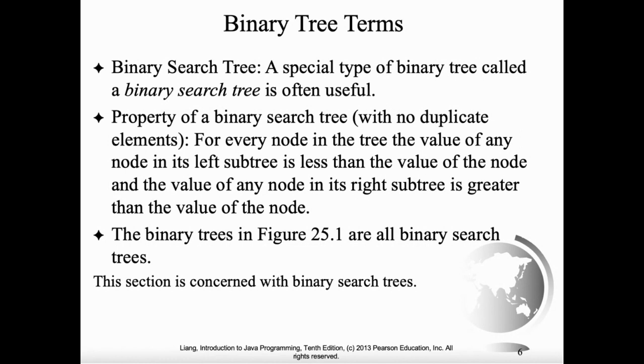So every time we're adding, removing, or even just traversing the binary search tree, we want to make sure that we're maintaining these two properties. Otherwise, the tree is no longer going to be a